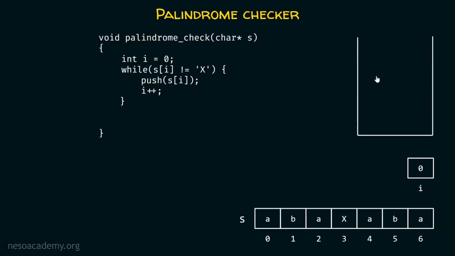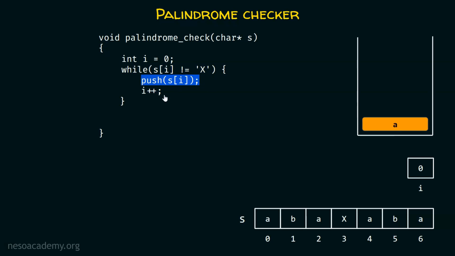First, let us assume that we have the stack available. And here I'm checking this condition: is S[i] equal to X? Is it true that S[i] is equal to X? No, you can see that S[i] is not equal to X. What is i? i is 0, right? And S[i] is this element. This character is not equal to X. Therefore, we can get inside this while loop and push this character onto this stack, and this is how our stack looks after pushing this element onto the stack.